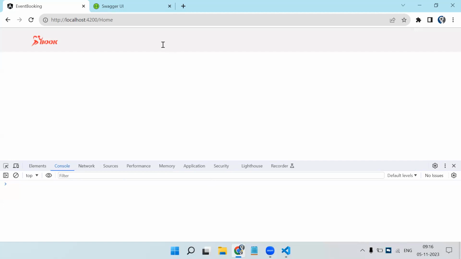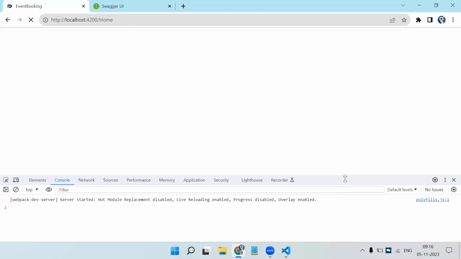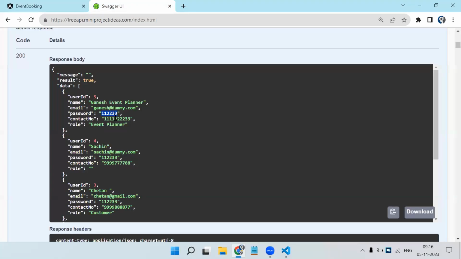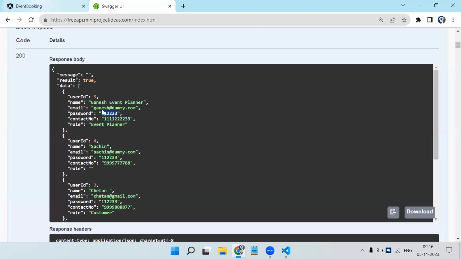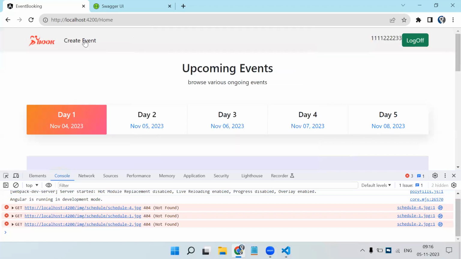Now it is throwing error because we are trying to read the data from the undefined object. So just a question mark will do the work. Let's try login, contact number, password, login success. So you can see create event button. Once I log off, you can see button is visible. Button is not visible now, right? So our half work is done,